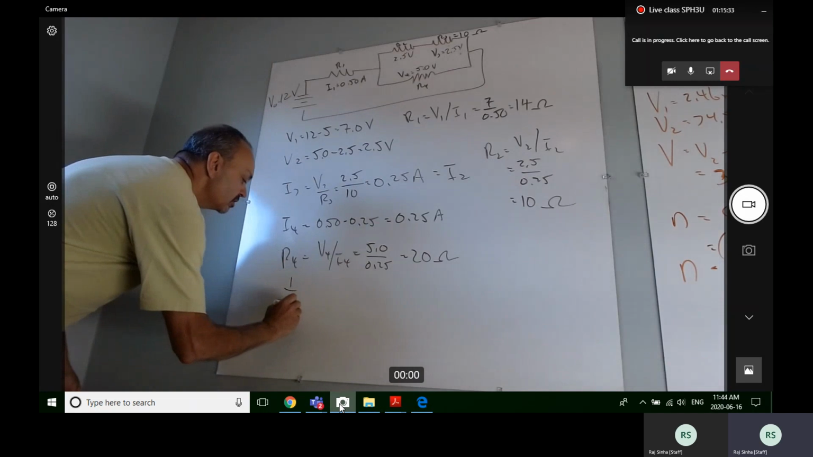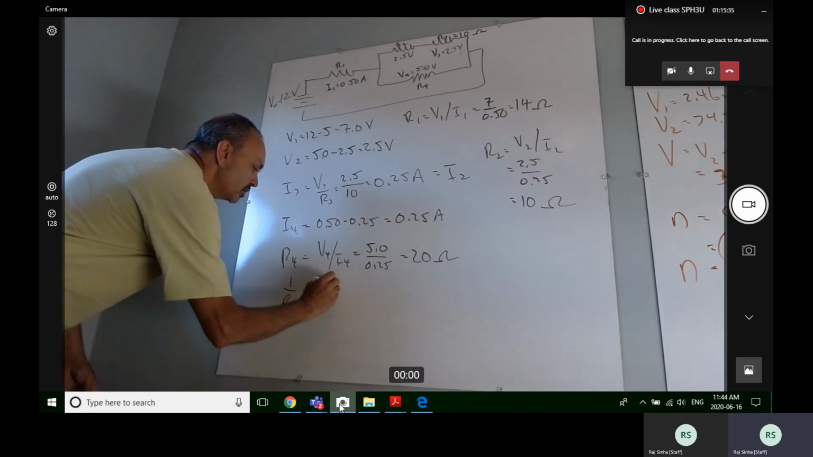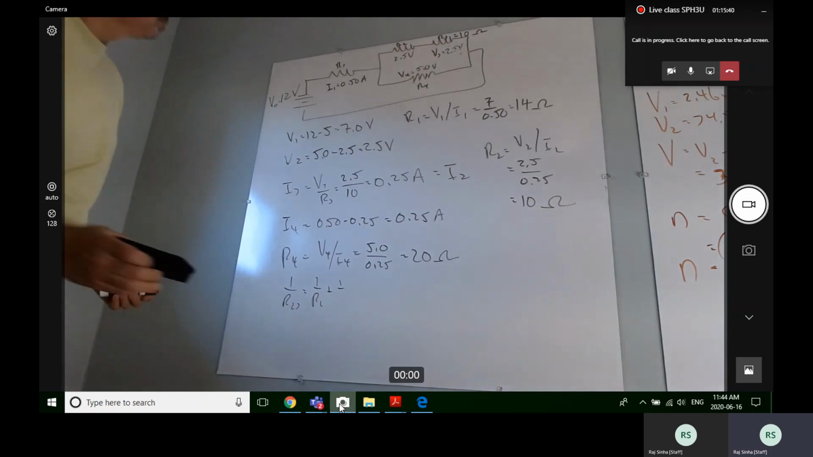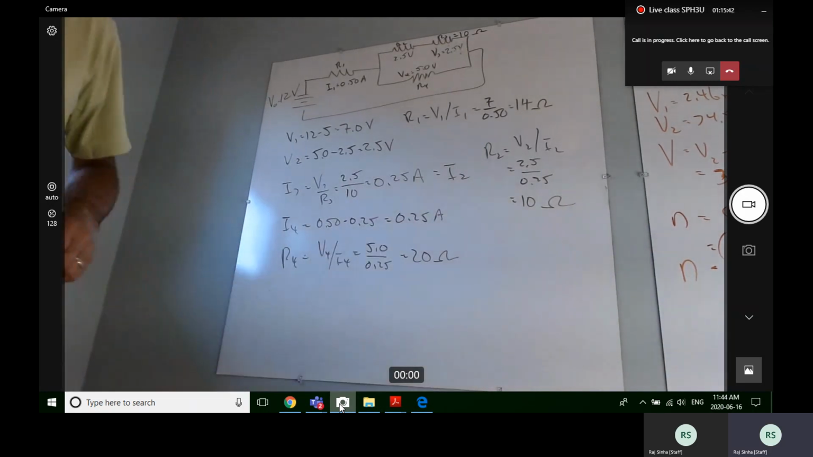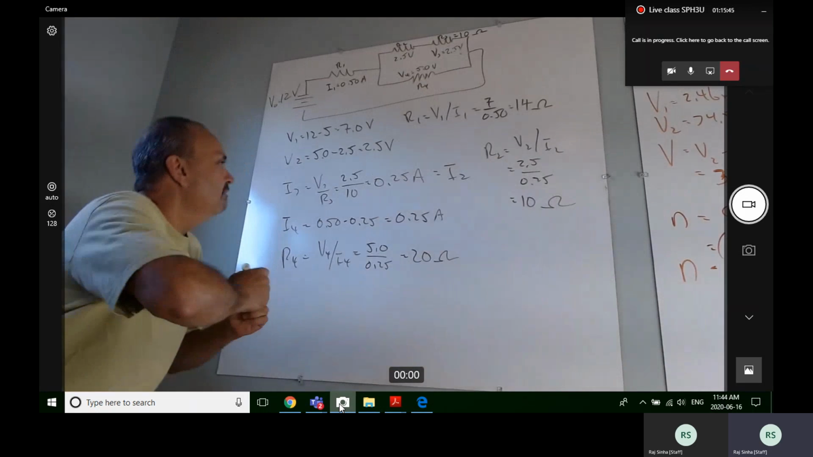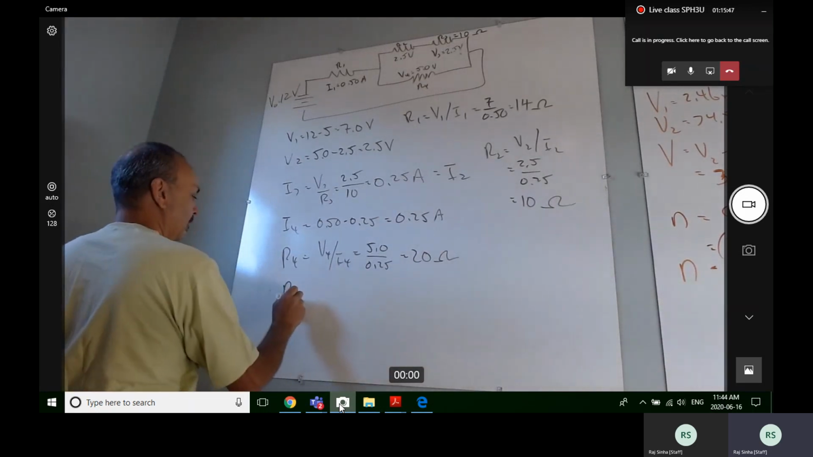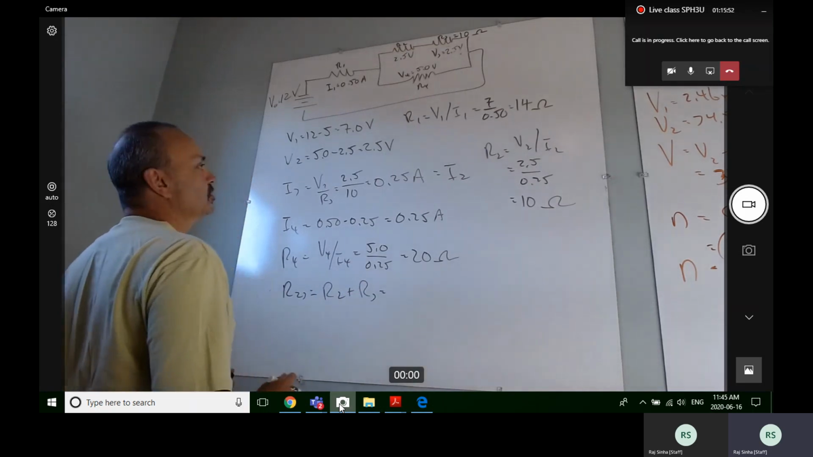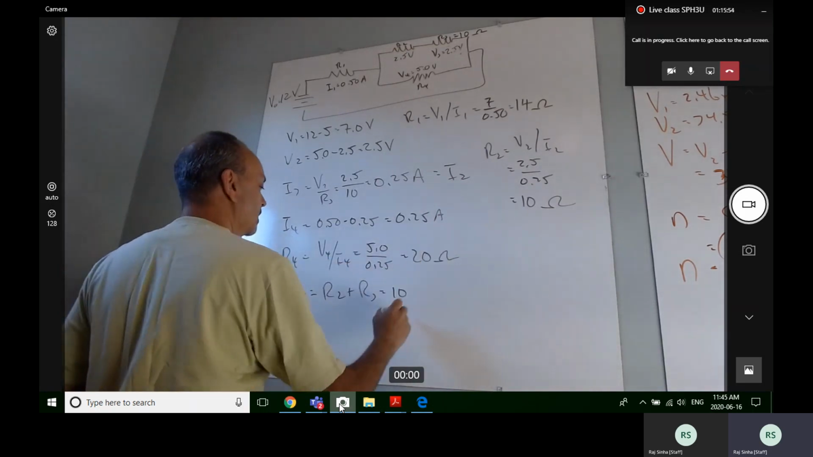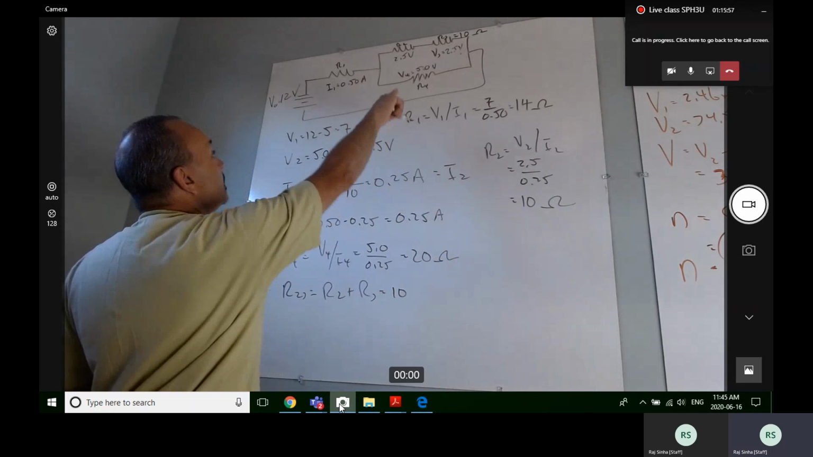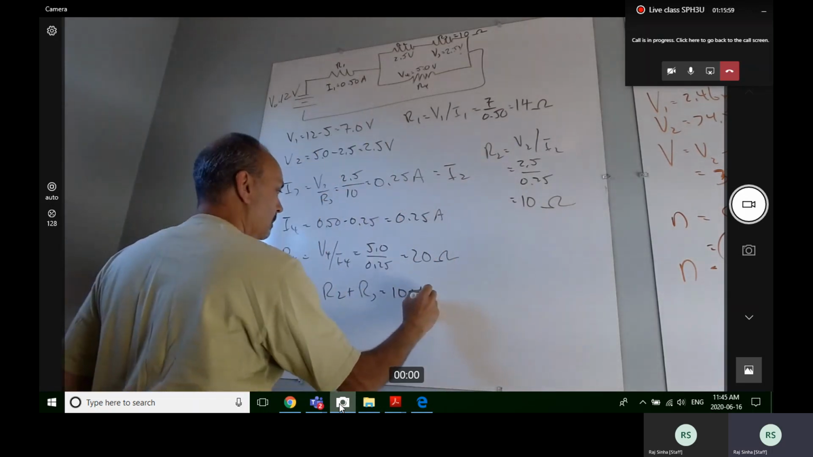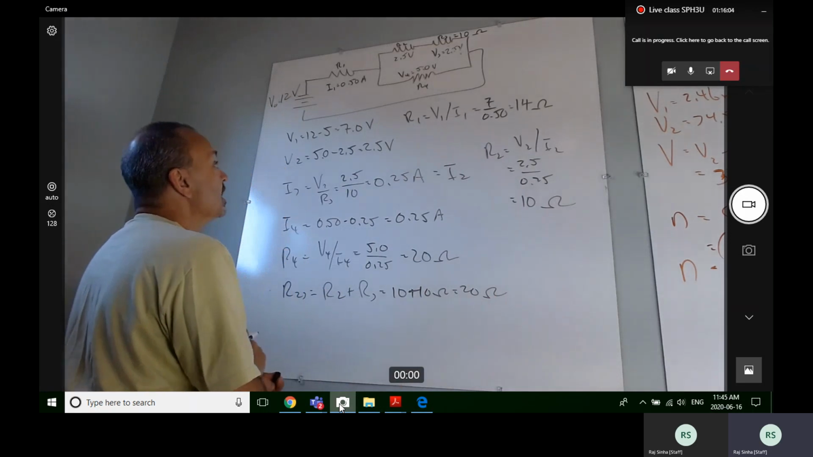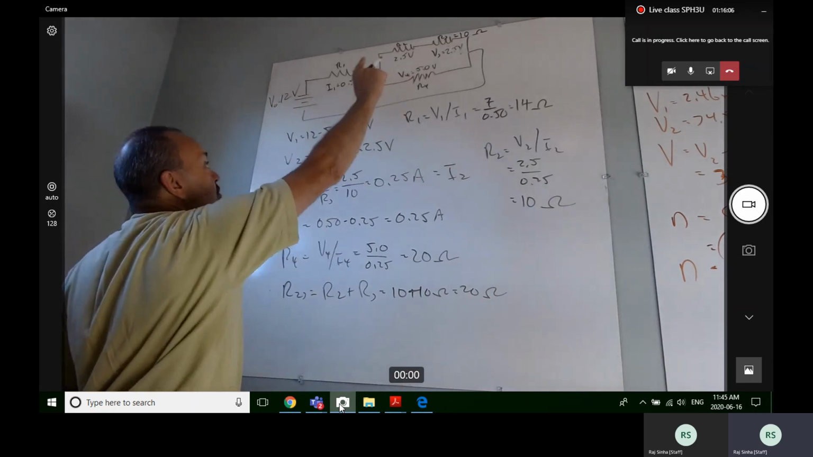R2 and R3 are in series, so R23 is equal to R2 plus R3. R2 was 10 ohms. R3 was 10 ohms. So I've got a total resistance of 20. Now if I want to find the equivalent resistance of 234,